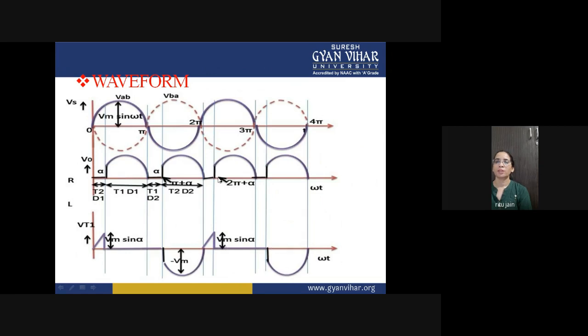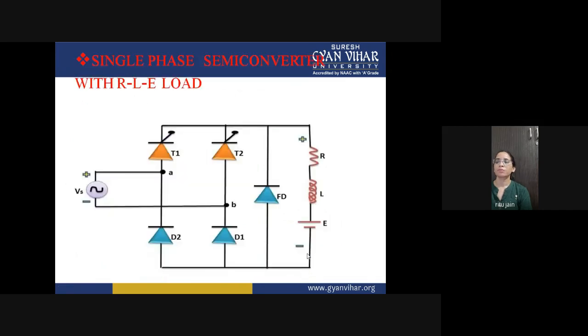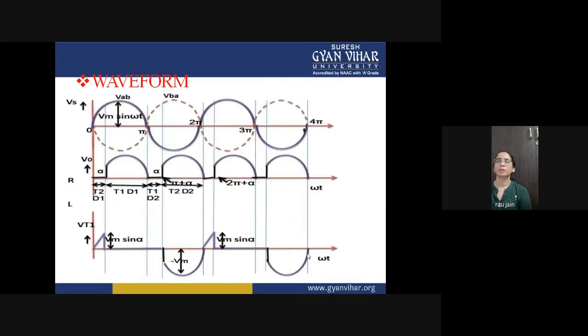Again, if T1 is conducting, there will be no voltage drop across thyristor T1. But when T1 is not conducting, there is a voltage waveform across this SCR, VT1. So this is your semiconverter, where we are using two SCRs and two diodes